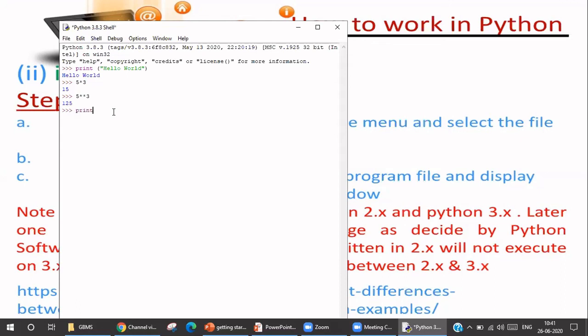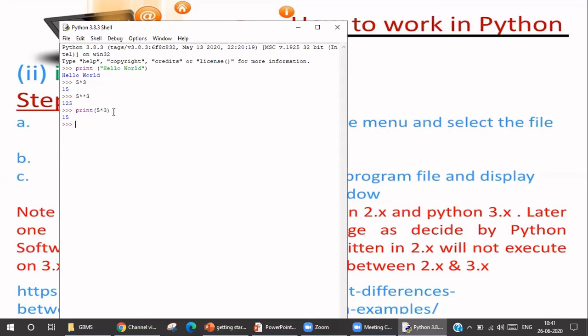So if I write print and then write 5 multiplied by 3, I'll still get the same answer. But when I'm working in the script mode, if I only write 5 multiplied by 3, I will never get an answer. In script mode, print statements have more weight. It is required. In interactive mode, it's more for checking, just to check if your code is going to work.